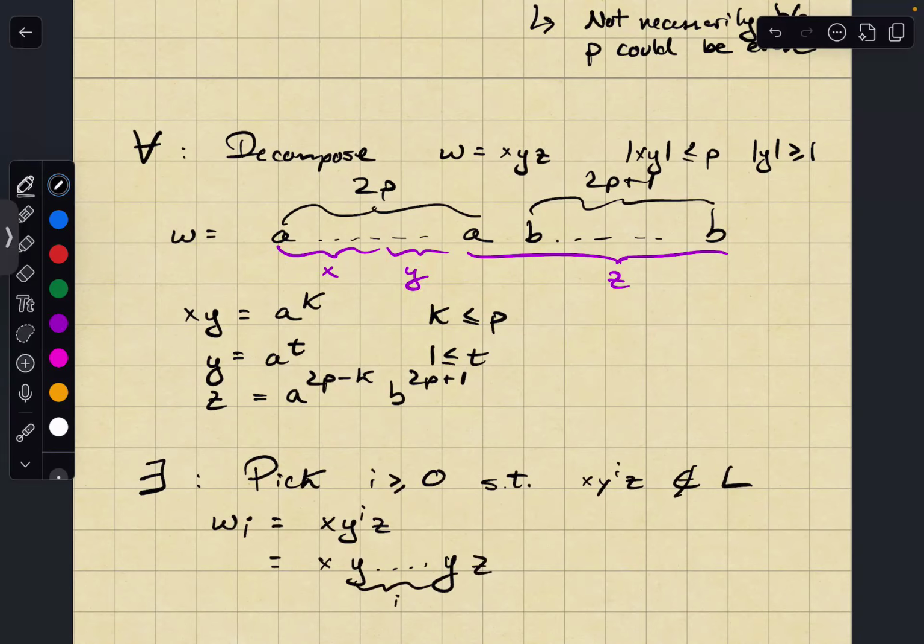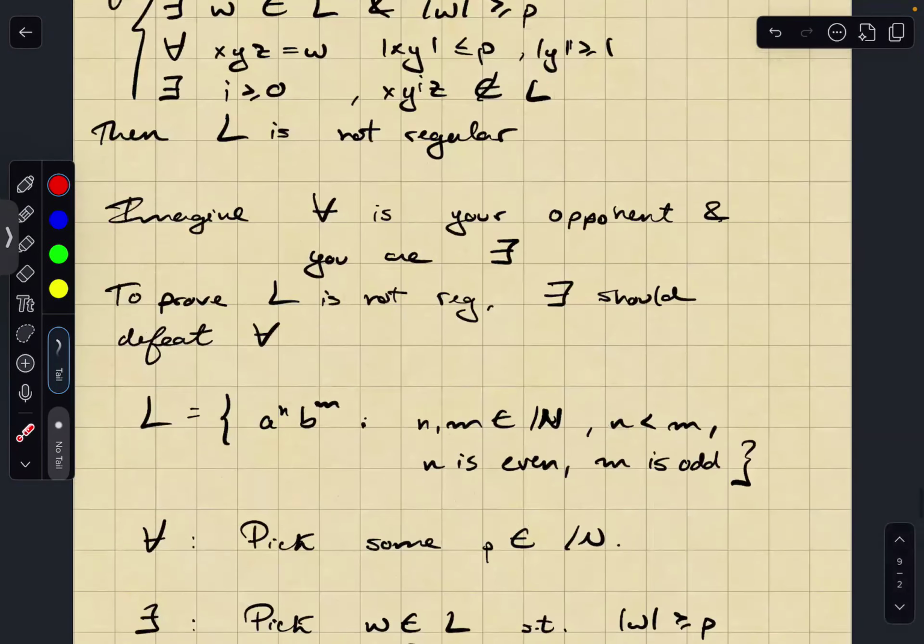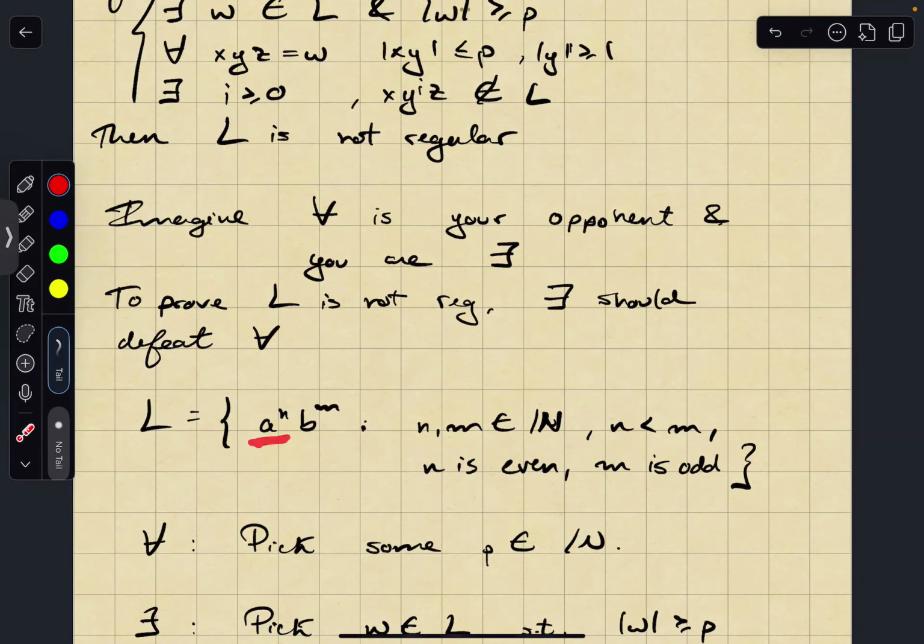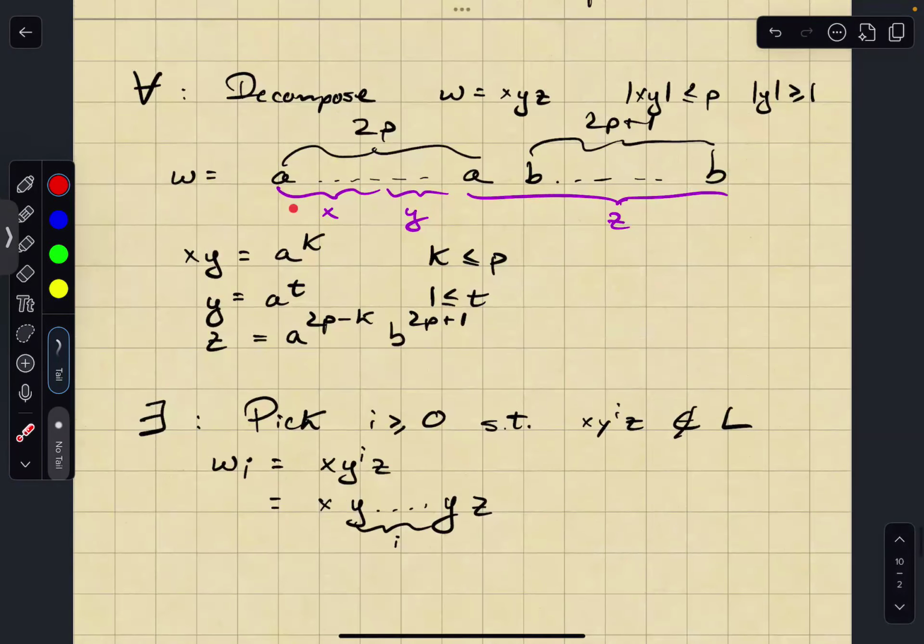So what's going on is, if i is equal to 1, then I have the original string, x, y, z. If i is equal to 2, then I have x, y, y, z. So that means that if I have x, y, y, z, I'm injecting into here an extra t a's. That's what's essentially going on if I do that. So that's kind of useful to know. Why is that useful to know? Because remember, what's the condition of the language? It's that the number of a's should be strictly less than the number of b's. But the xy is some a's, and in particular, the y is some a's.